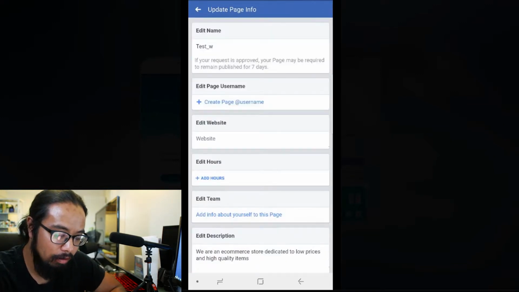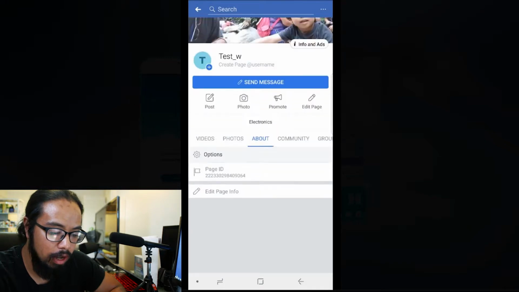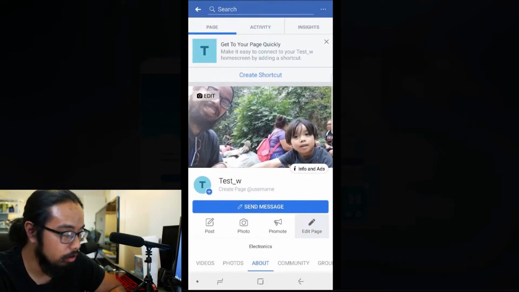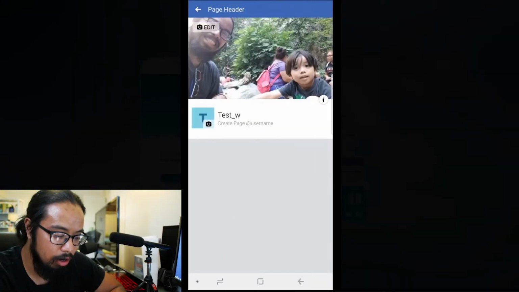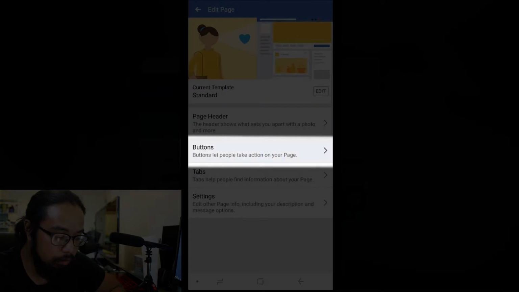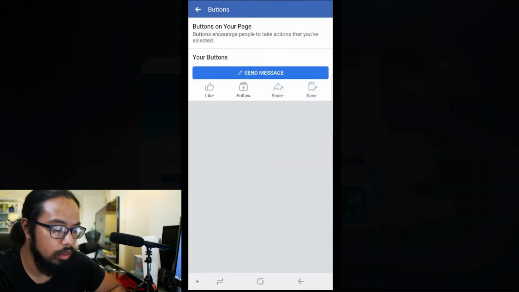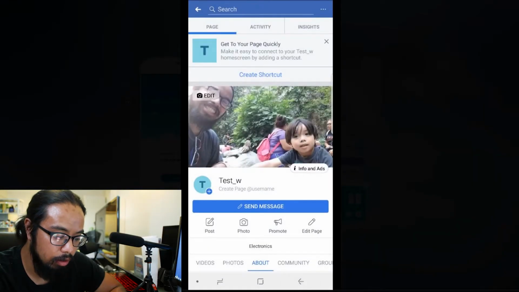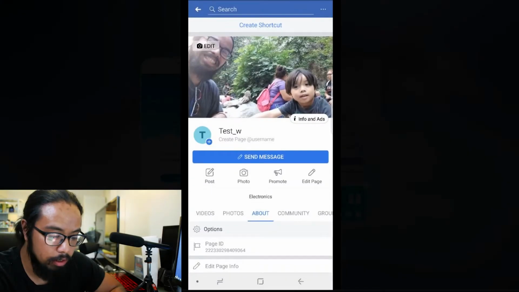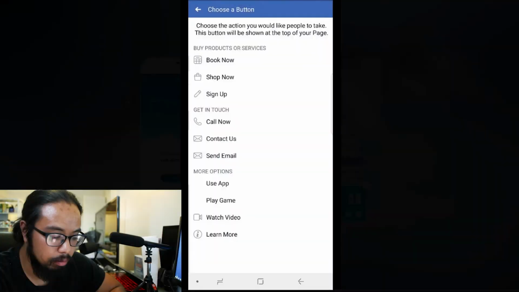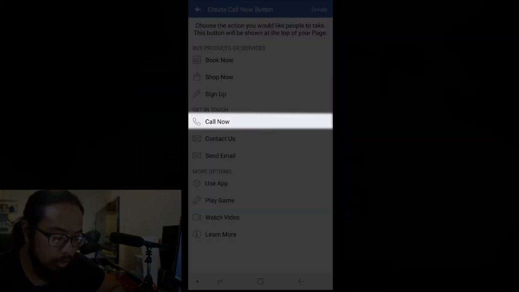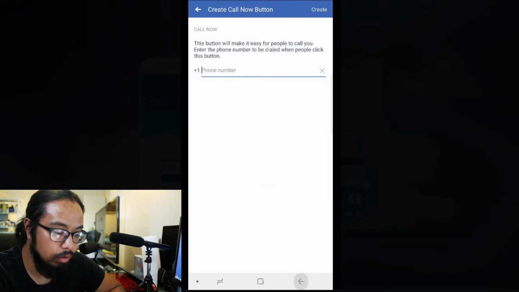Saved, and then if you want to continue editing some stuff, right here to the right where it says Edit Page, you can change the page header, which is like the images. The buttons is this area right here, what people will see where it says send message. You can change your button. Instead of send message, you can choose a different button to either call you now if you are a service,